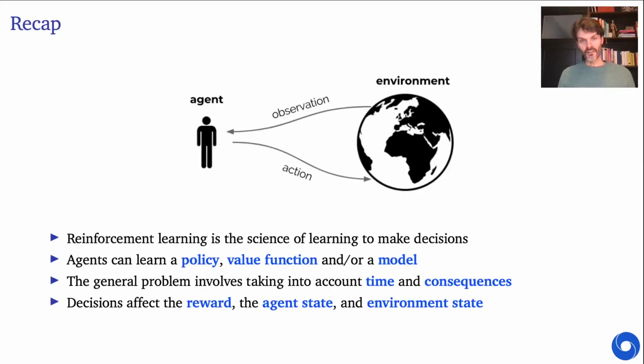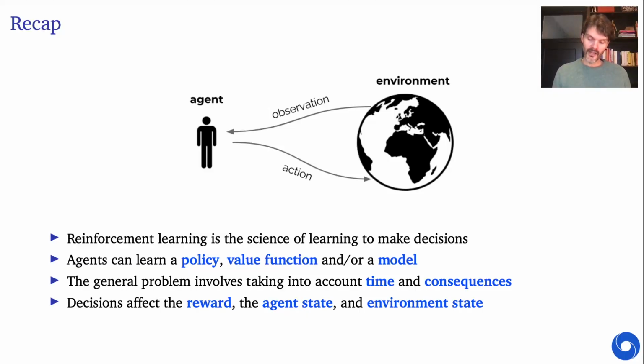So these actions, or decisions you make, which action to pick, affect the immediate reward, they might affect the state of the agent itself, and they might affect the state of the environment in some way or the other, which might itself then have consequences for later observations and rewards. Now, this is a challenging setting, and one interesting property that we're going to talk about a lot in this